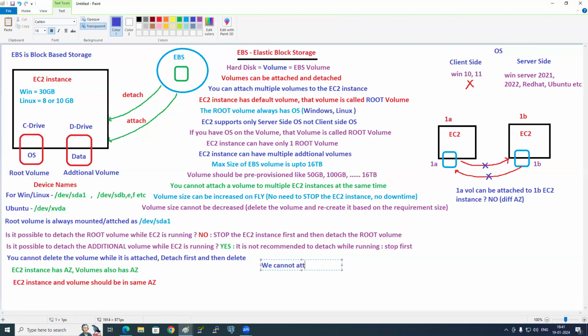We cannot attach a 1A volume to a 1B EC2 instance because it is in a different availability zone. But we can attach a 1A volume to a 1A EC2 instance because it is in the same availability zone. Perfect.